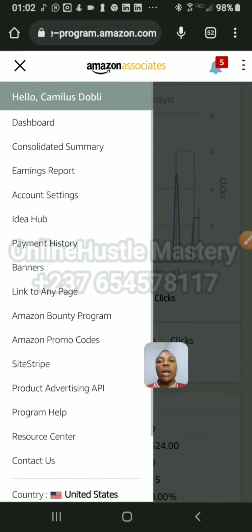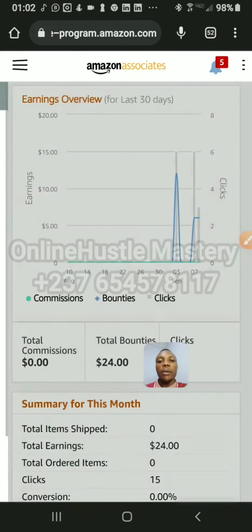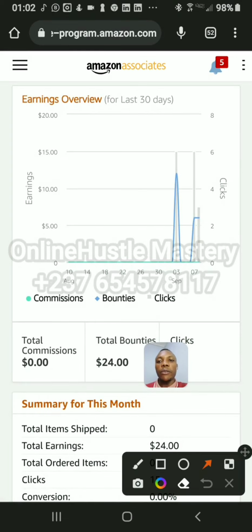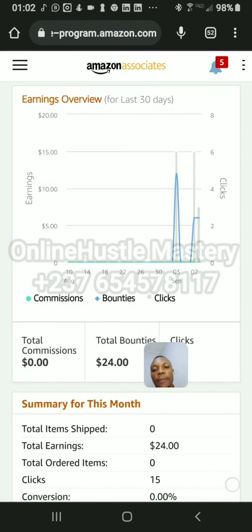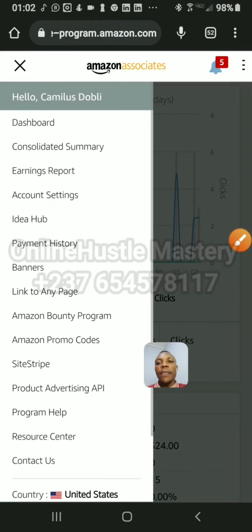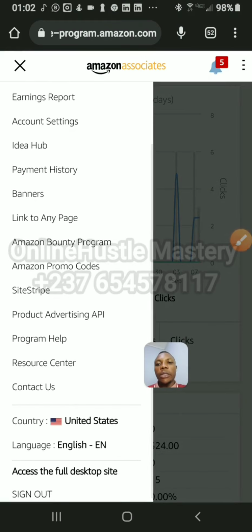Now, after creating your account, this is how your interface will be. After you click on these three dots up here, let me easily navigate it for you. You click here. The next place you are going to check out is bounty programs. But before you go to all of these, you need to set your payment or withdrawal method, which is select gift card. I will recommend selecting gift card.